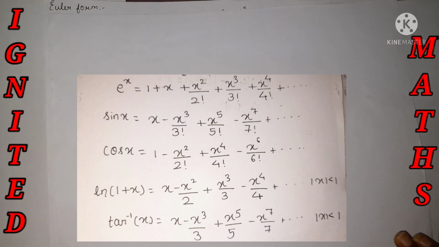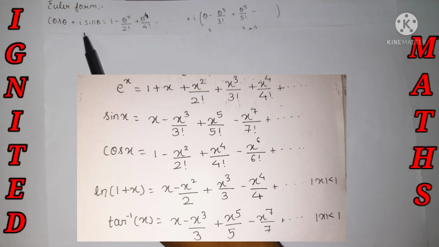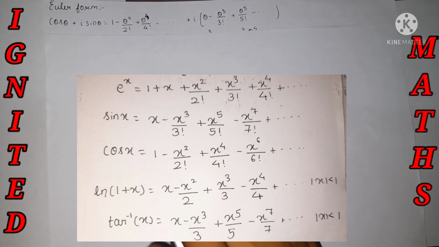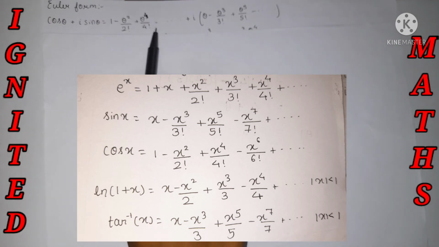Even we can take the complete expansion at the right hand side, but still I'll just show it over here. Cos theta plus i sin theta, this is nothing but my RHS value. I'll prove it from LHS to RHS and RHS to LHS. Cos theta expansion is nothing but 1 minus theta square by 2 factorial plus theta raised to 4 divided by 4 factorial.